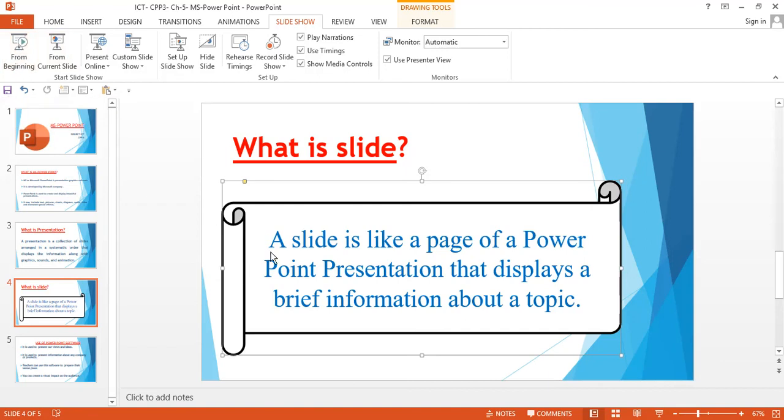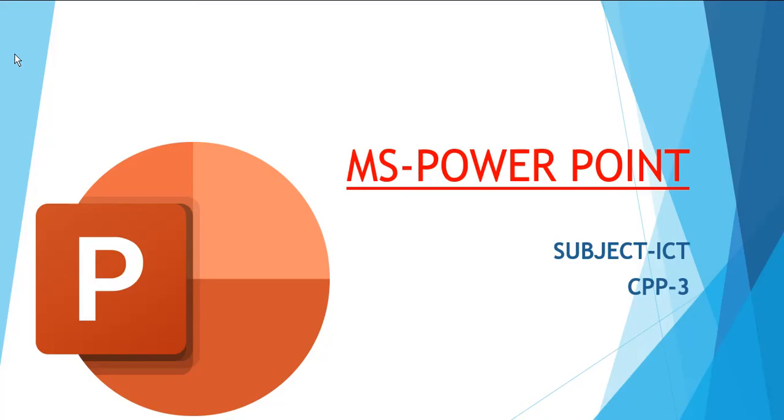Another option you will get, another button you will get on the taskbar. Here on the taskbar you can see this slideshow button is coming. At the downside you can see near the zoom, you can see the slideshow button. So with the help of this button also you can see the slideshow. Here I am just choosing the slideshow tab, and then I am choosing the from beginning button in the start slideshow group. So I am just clicking on it. When I click on it, you can see here that my first slide is coming.